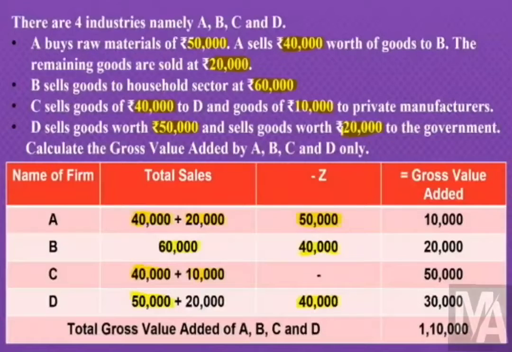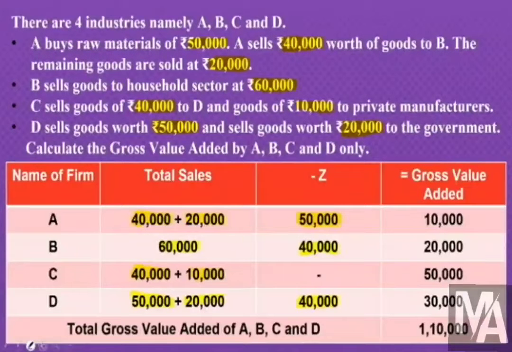As I told before, government is not going to be used because we are calculating the GVA of only A, B, C, and D. So this is also going to be the sales of D. And with that, we have completed all the information which is presented here in the problem. So all we have to do now is the mathematical solution, that is total sales minus Z is equal